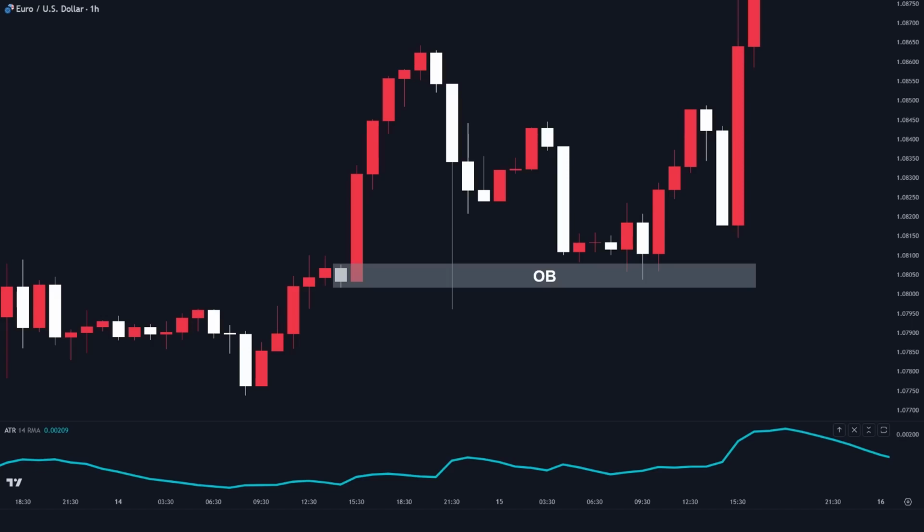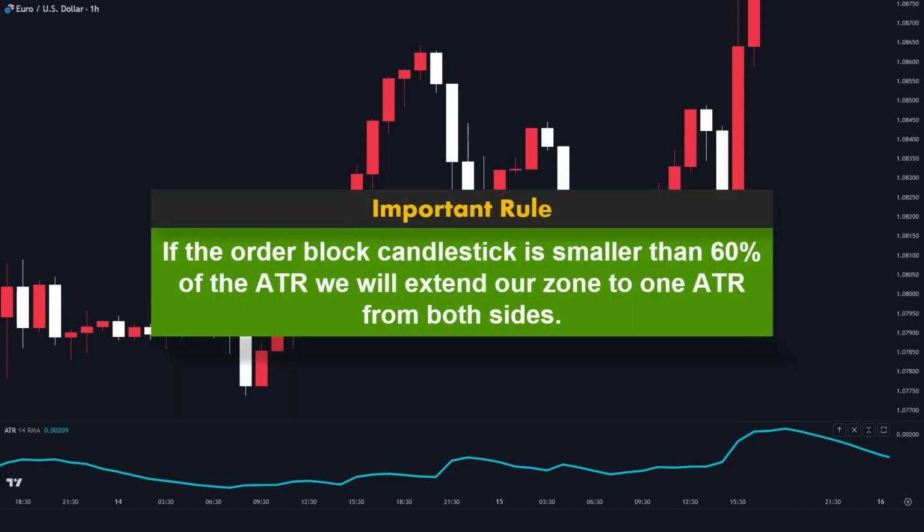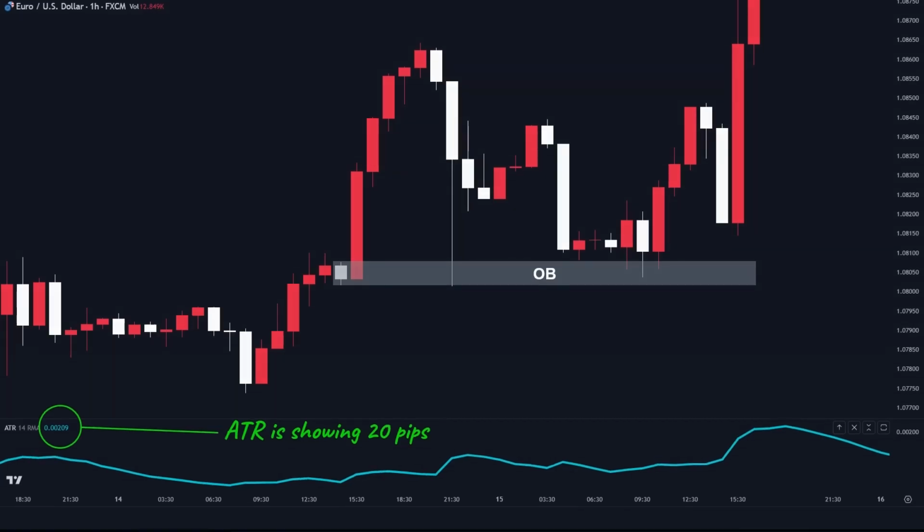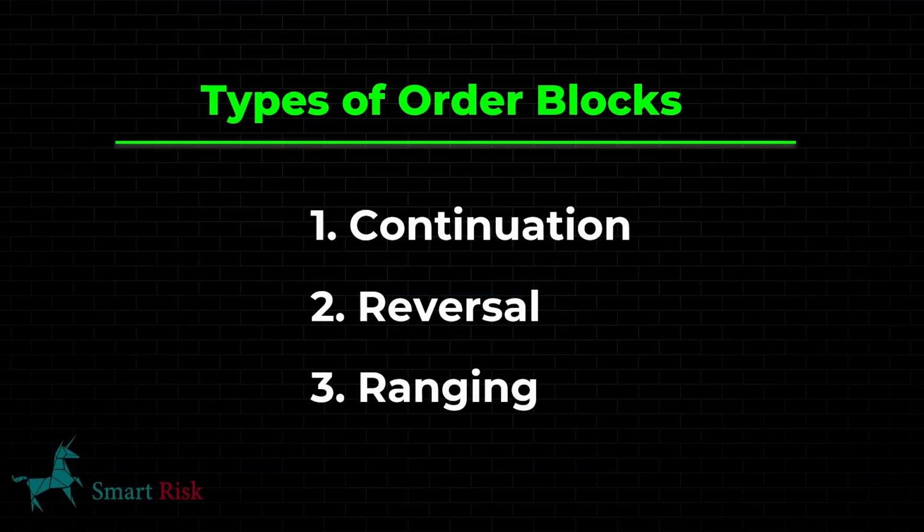So here is an extra rule for marking the order block zone. If the order block candlestick is smaller than 60% of the ATR, we will extend our zone to 1 ATR from both sides. For example, here the ATR shows that the average size of the past 14 candles is 20 pips, so if the order block range is lower than 60% of 20 pips, which is 12 pips, we will extend our order block zone to 20 pips. Now, based on the market structure concepts, 3 kinds of order blocks form on the chart: